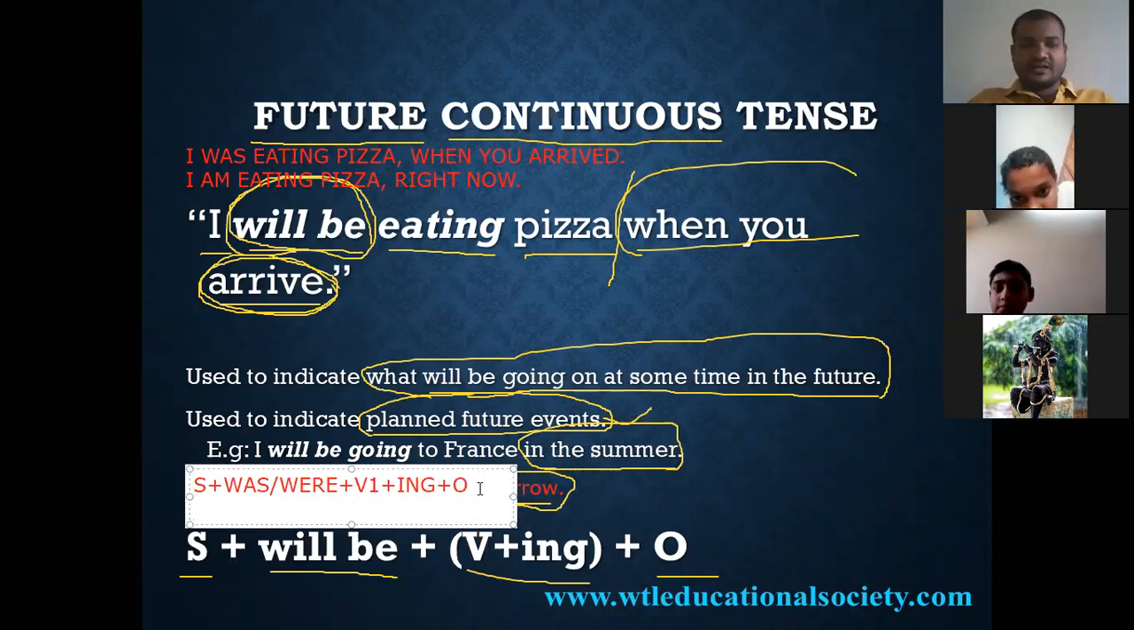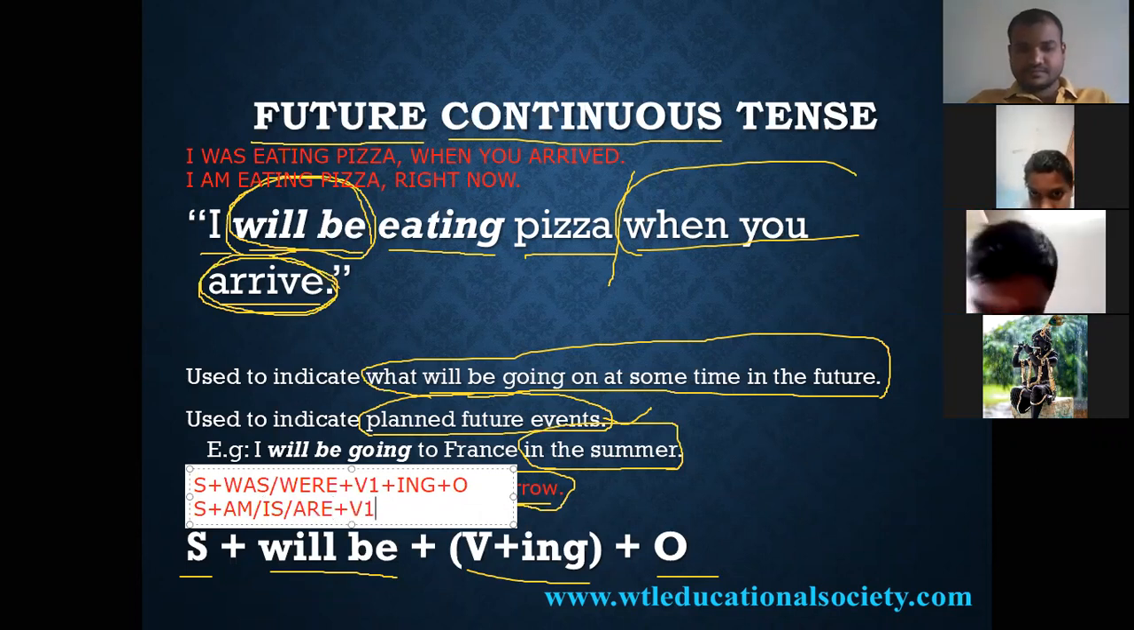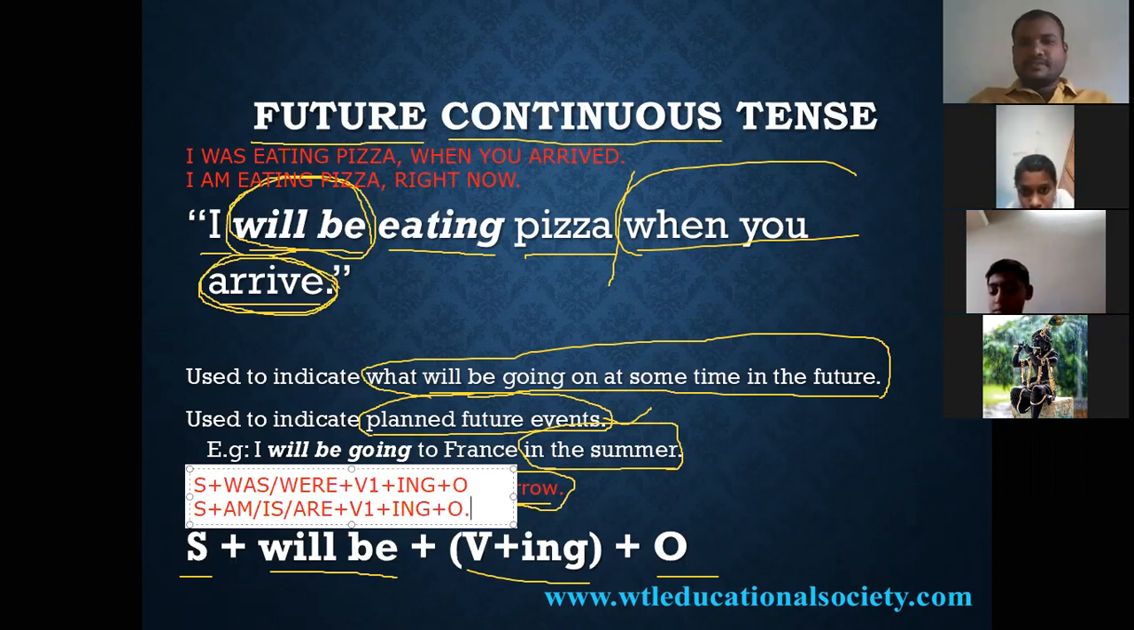Next, Jahnavi, present continuous. Subject plus am, is, are plus V1 plus ing plus object. Very good. So the structure for simple future continuous